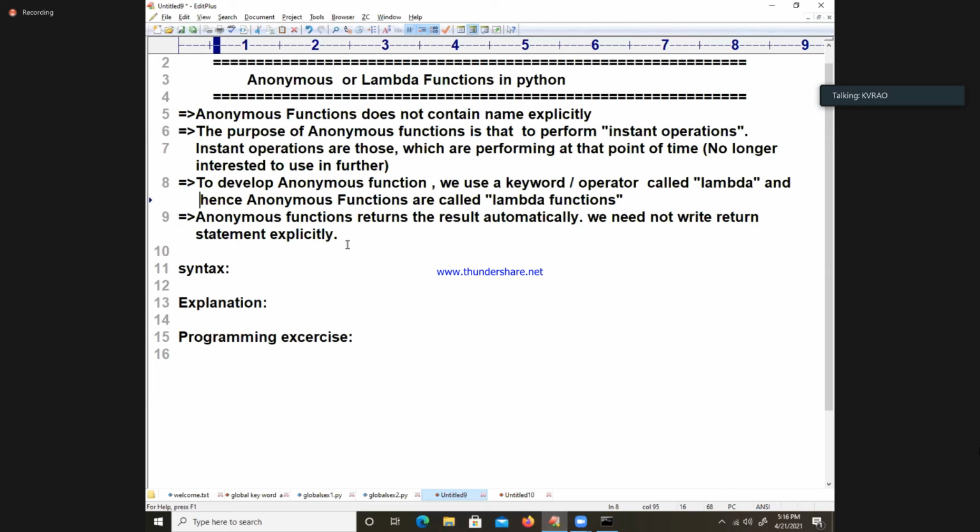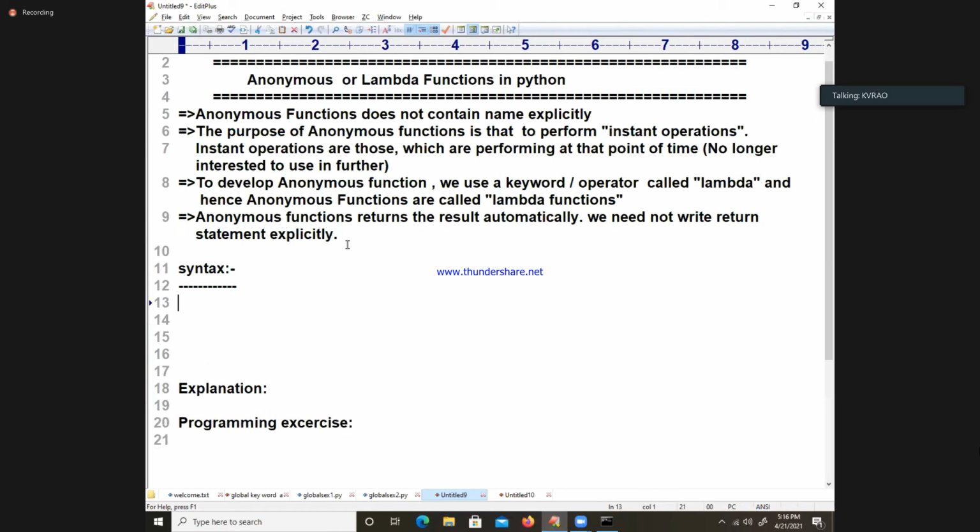Let me go to the syntax. Once you see the example, it will be clear to you. So try to listen, because all the things you will understand. Variable name is equal to lambda, args list or params list. Even in small websites and all those things, they use the lambda keyword. You can take args list or params list, args list nothing but params list. Then colon, then expression: variable name = lambda args list : expression.